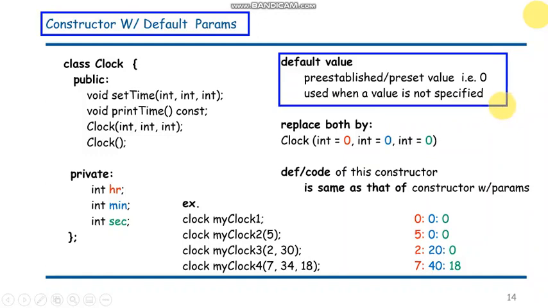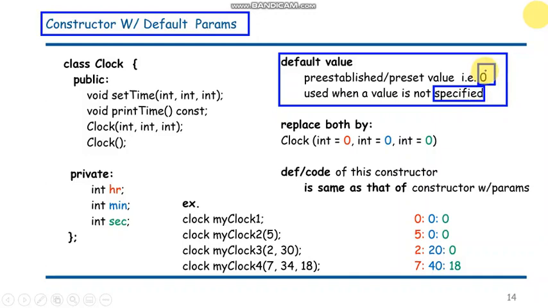This is a pre-established value or a preset value. In this instance, normally we use 0. This value is used when you do not supply a value. Whenever you do not supply a value, or you forgot, then that pre-established value is used in place of that